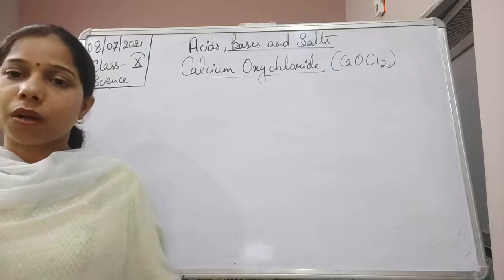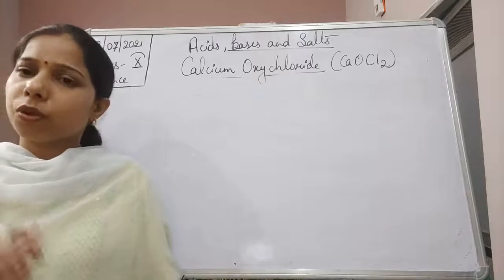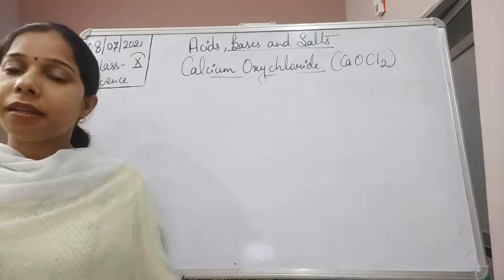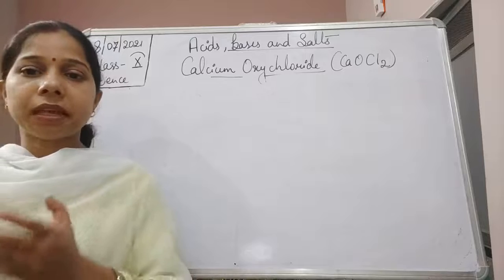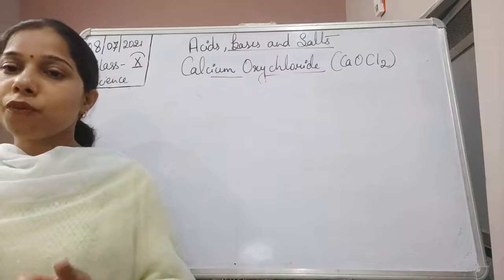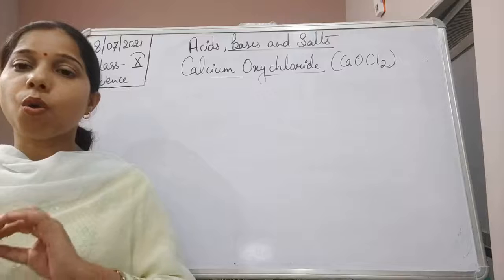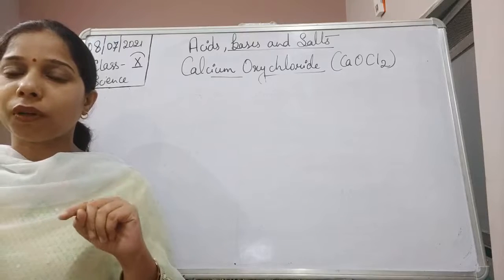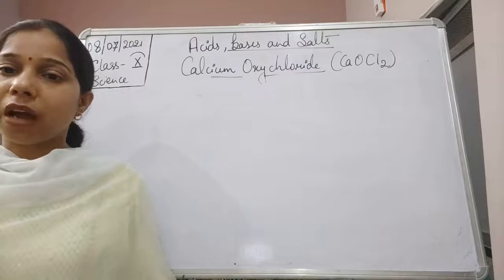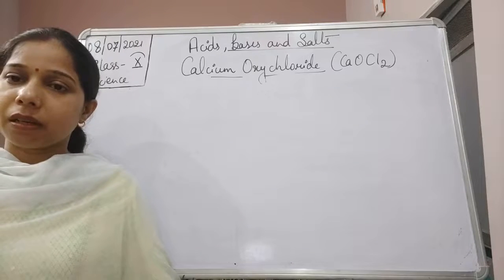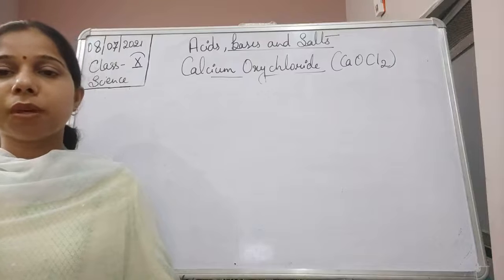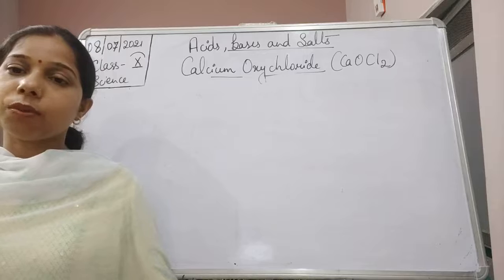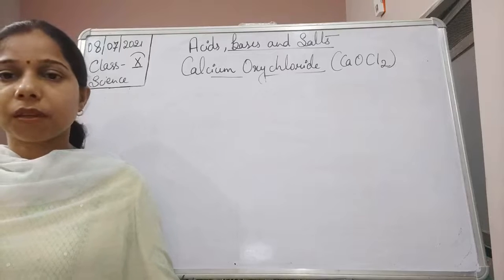This washing soda is called washing soda when it has 10 molecules of water. Remember that sodium carbonate exists in 3 forms. The first form is the anhydrous form, where no molecule of water is present. The second has only 1 molecule of water present, and the third has 10 molecules of water present. So sodium carbonate monohydrate, sodium carbonate decahydrate and anhydrous sodium carbonate. These are the 3 different forms in which sodium carbonate exists.